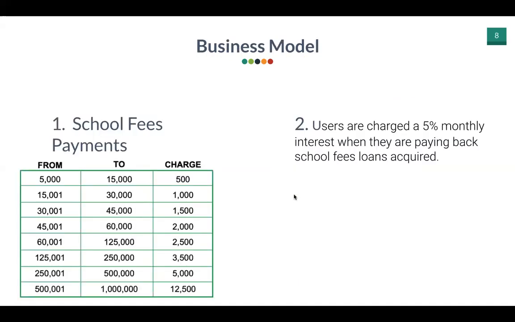So this is the charge business model. This is the charge. How do we get money? This is in ratio format. A parent who pays this will be charged 500. A parent who pays this will be charged differently. Obviously, this is a ratio. Users are charged 5% interest when they are paying back school fees. Like for example,